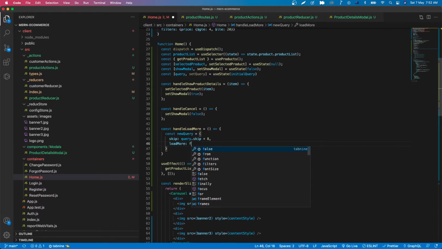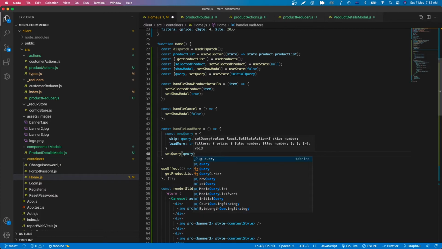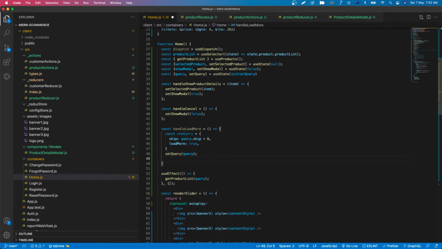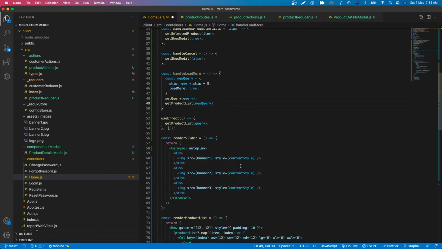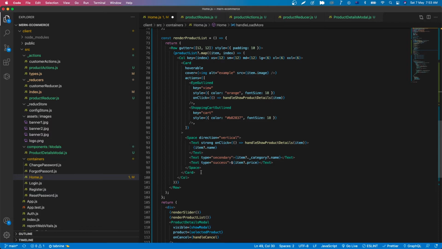Let's set it to true. Then we're gonna set the query with the new query. And we also call the get product list action. We put the new query as a parameter,